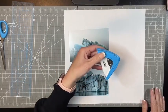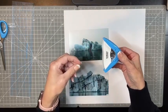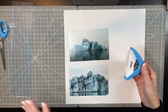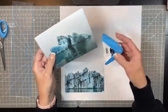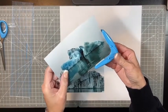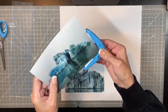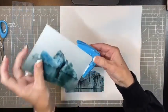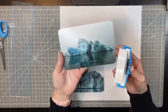This is an exclusive type of mechanism. It has the capability of rounding your corners to make your photos have a different appeal. Sometimes it makes your photos look a little cleaner. So right here, this is two-way. First we're going to round the corners. You just put the corner of the picture right into the rounder and press firmly, and it snaps. And there you got your perfect little rounded corner. Then you can do all four corners of your photo,